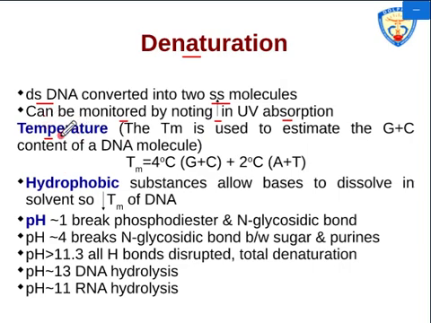Temperature can be used to denature the DNA or to melt the DNA molecule. We also call denaturation melting of DNA. This is a reversible change. You can heat the DNA, denature it, then gradually cool the DNA and it will renature or reanneal. And how do we monitor whether the DNA has been converted from the double-stranded into the single-stranded form? We plot a curve.